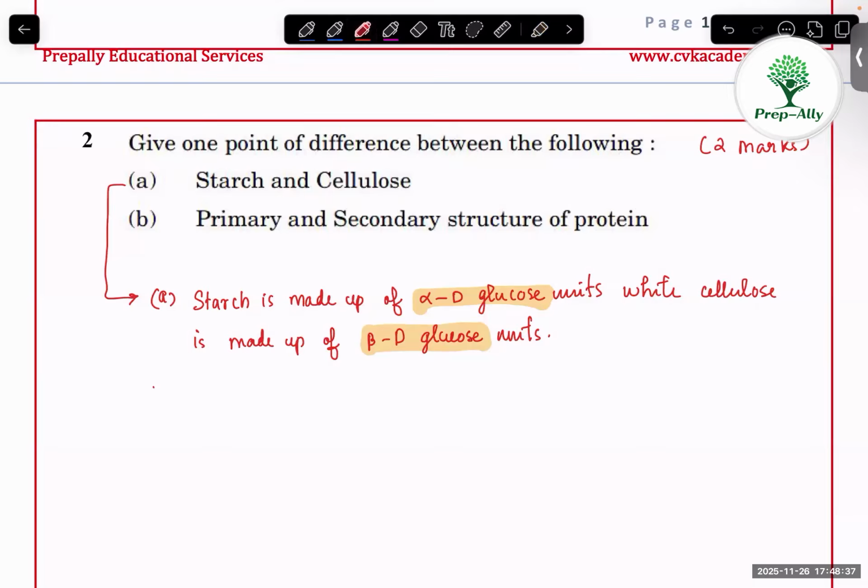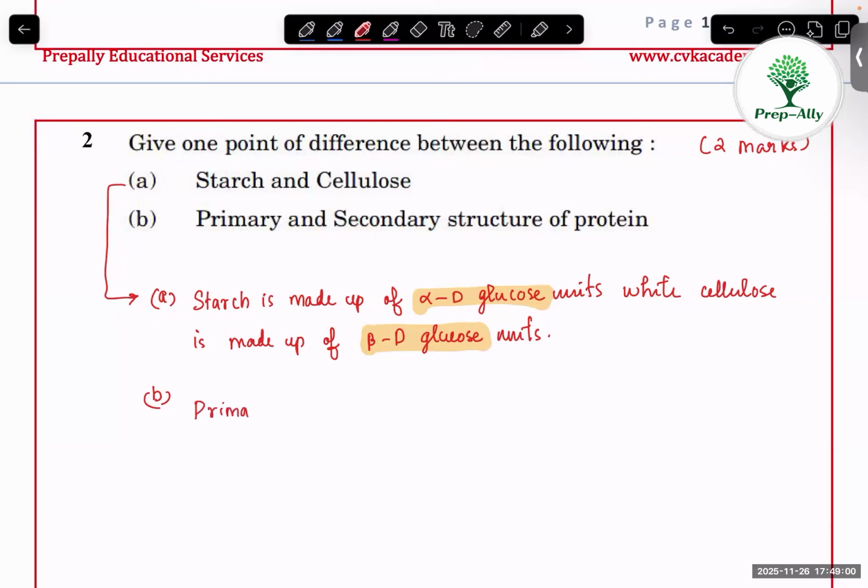So in this B part, we need to write the difference between primary and secondary structure of proteins. So here also in the official answer key, they have written 'or any other suitable difference', you can write it. But it is better to go with what is the most understandable as well as the most clear answer. So the clear answer to this particular question is that